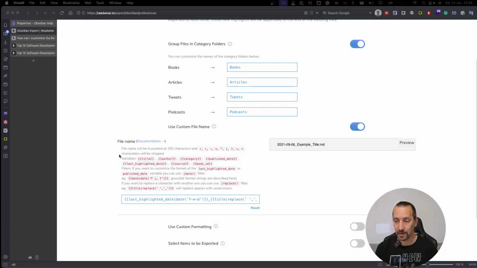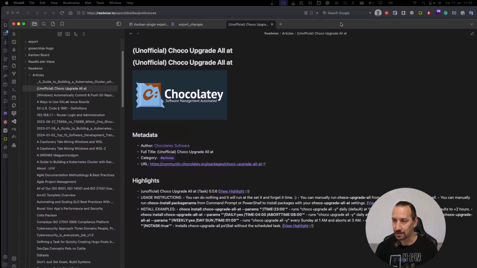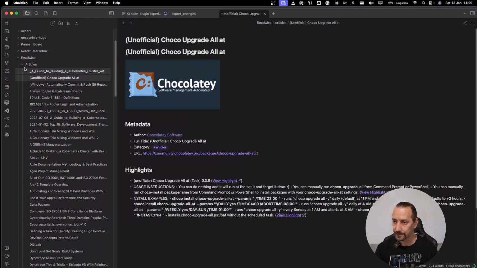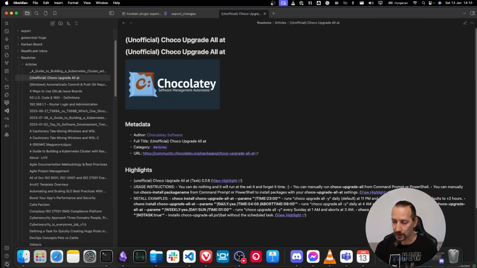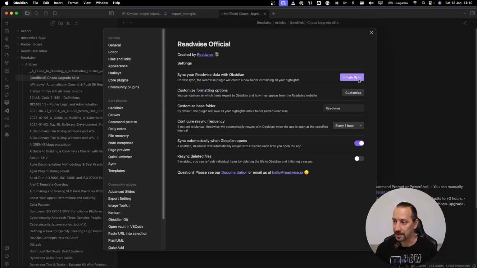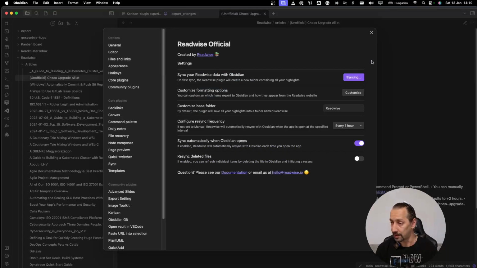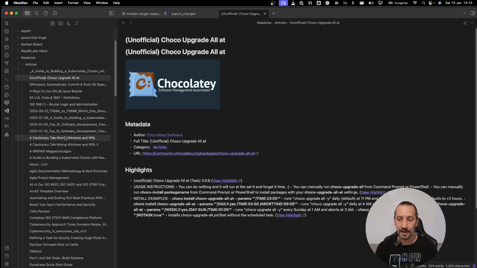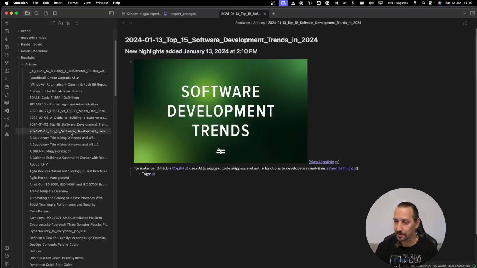So here I could just go to my Obsidian vault, and I now want to go to the Readwise official and hit sync, and hopefully a new file will be available for me. And my little experiment was with this software development trends